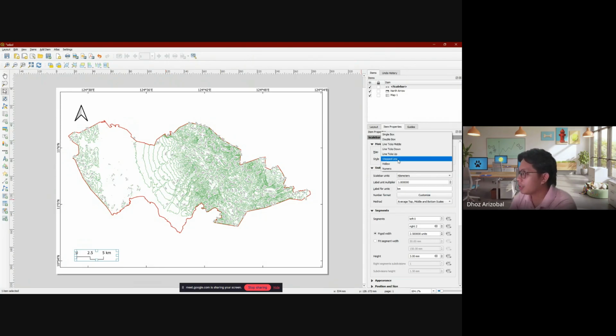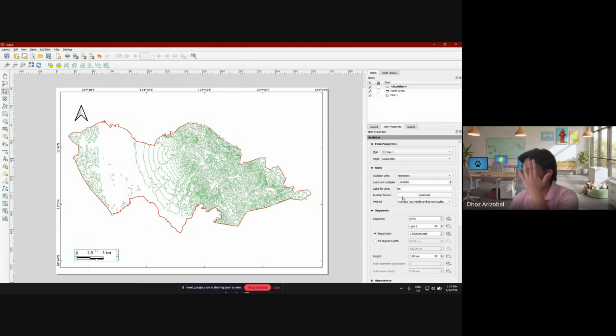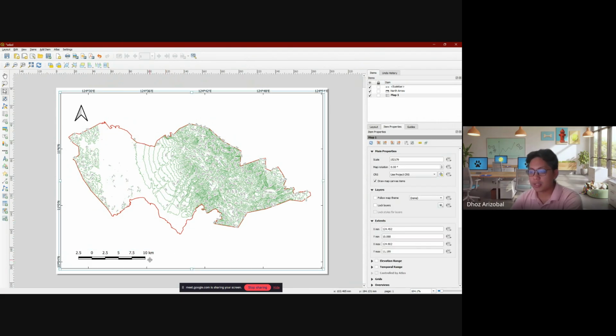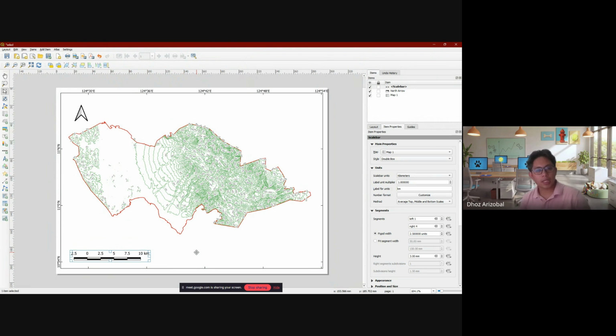The purpose of your scale should easily denote that when I'm using a string, I can immediately do that. So ano lang, you can modify this depending on how much you want. You could have one left segment and 4 right segments. So you can immediately read your scale. Ganun lang.